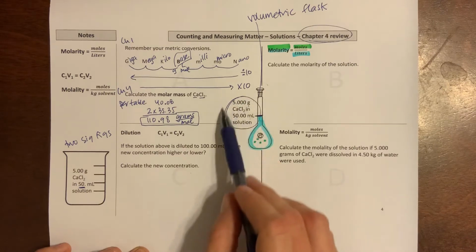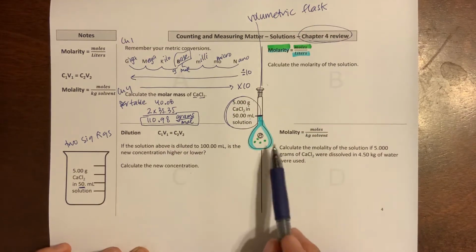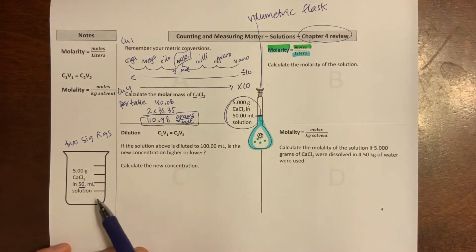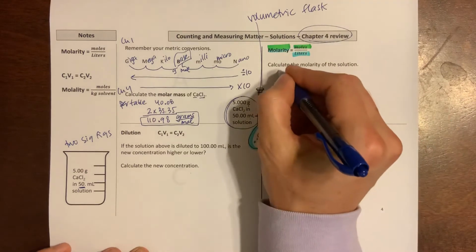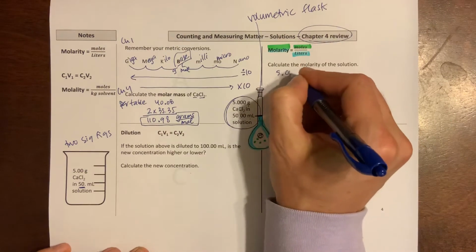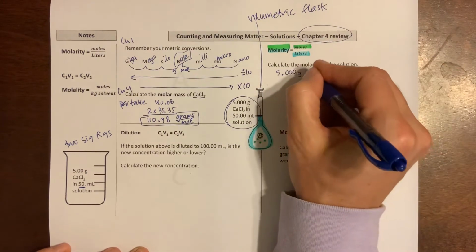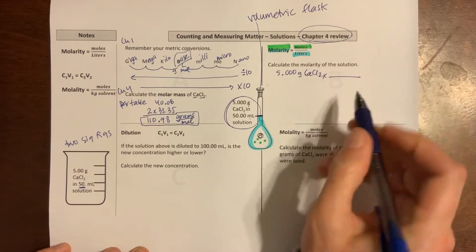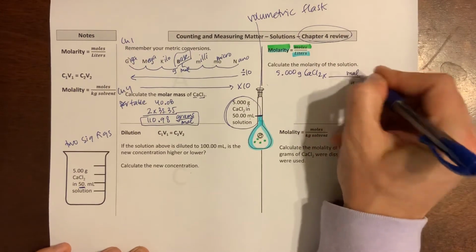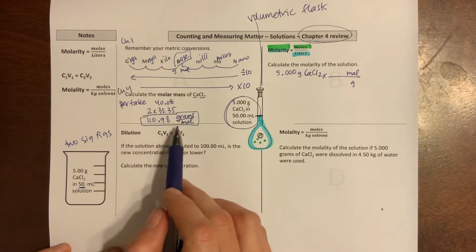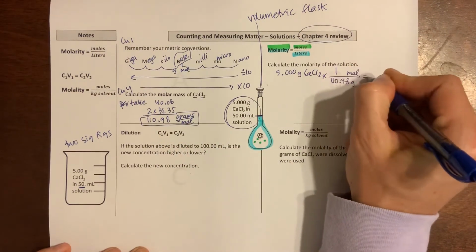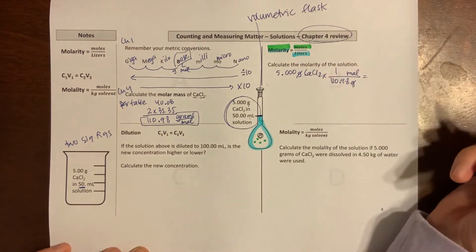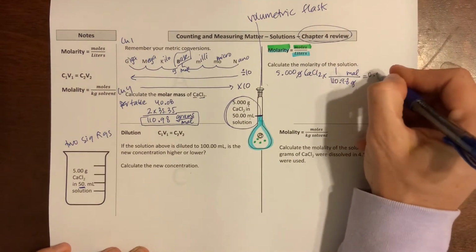So we want to make sure we pay attention to our significant figures here. This will cost more and take more work than the beaker, so we want to make sure that that cost and effort shows up in our calculations. So calculating the molarity, I need to get to moles and liters. So 5.00 grams of calcium chloride. Grams need to convert to moles, and I have that molar mass over here, right? 110.98 grams to 1 mole. Grams cancel, and when I work that out, I get